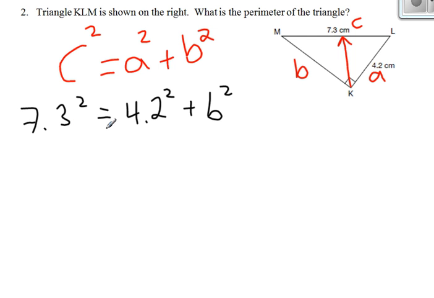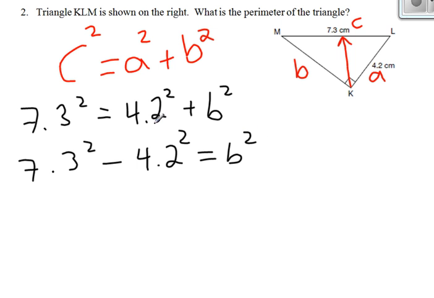And then because it's the Pythagorean theorem, the first thing I'm going to do is rewrite it where it becomes a subtraction statement. So again, all I'm doing is I'm trying to isolate B squared. And in order to isolate B squared, I can't be adding 4.2 squared. And the opposite of plus 4.2 squared is minus 4.2 squared. This is the point where I take out my calculator. And depending on your calculator, hopefully you have a scientific calculator so you can do this all at once in your calculator. So I type in 7.3 squared, subtract 4.2 squared, and I get